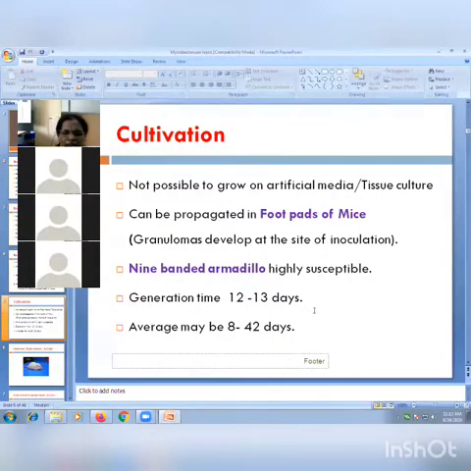Leprosy is the only chronic granulomatous disease. They produce disfigurement of the person. No other complaints are there. In the animals, the generation time is about 12 to 14 days. So this is a very slow growing organism as compared to other bacilli. You might have studied the multiplication time of other bacilli, that is E. coli, Klebsiella. They multiply in 20 minutes.